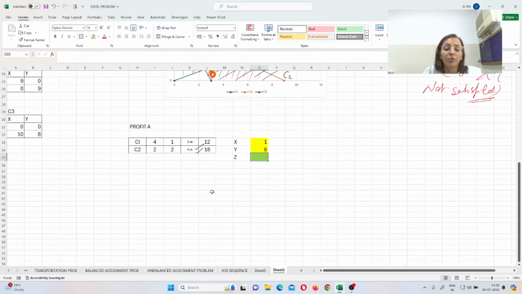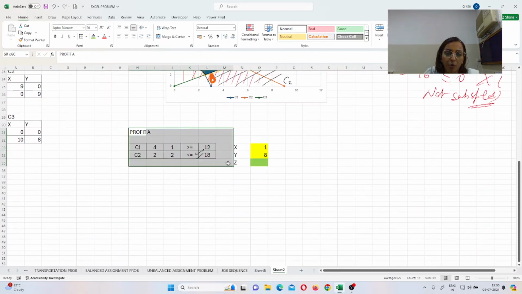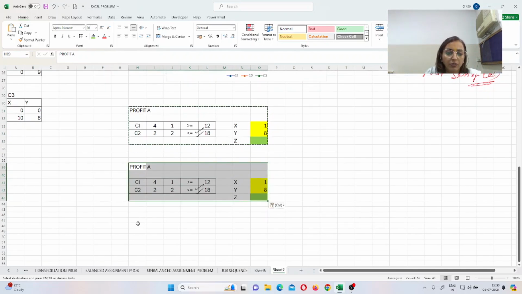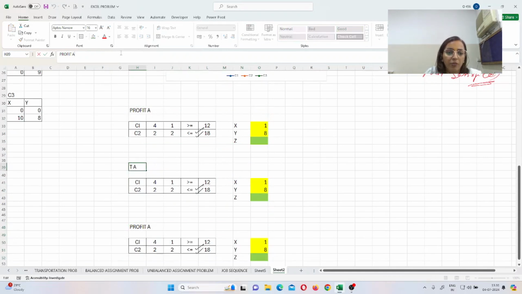But we have to point out the profit for the point number B also. So write it over here and just copy all these values, Control C, and paste over here, and write it again, paste over here, but we write it over here as profit for B. What are the points which are cutting for the point number B? You have to check what are the points for the B also, right? So check it over there.